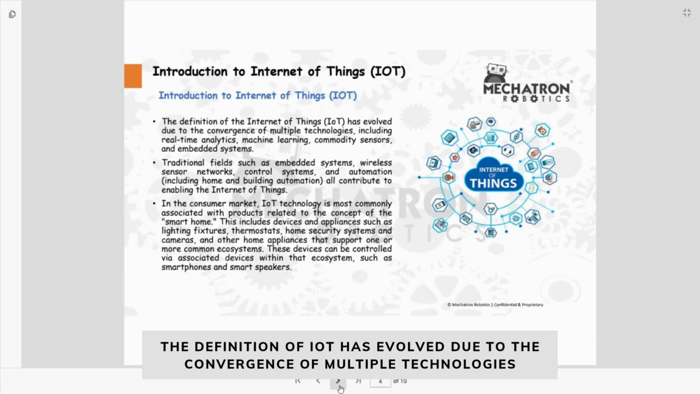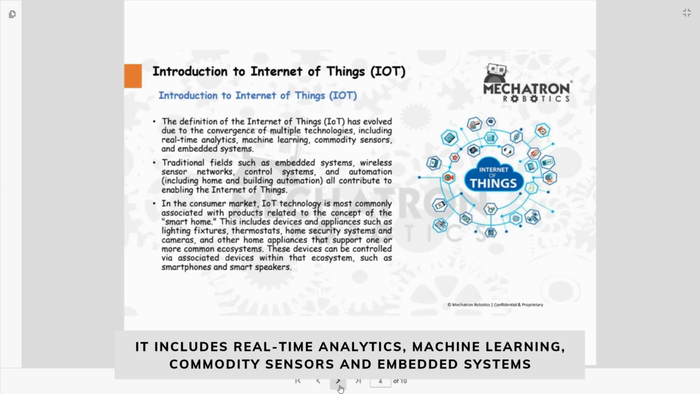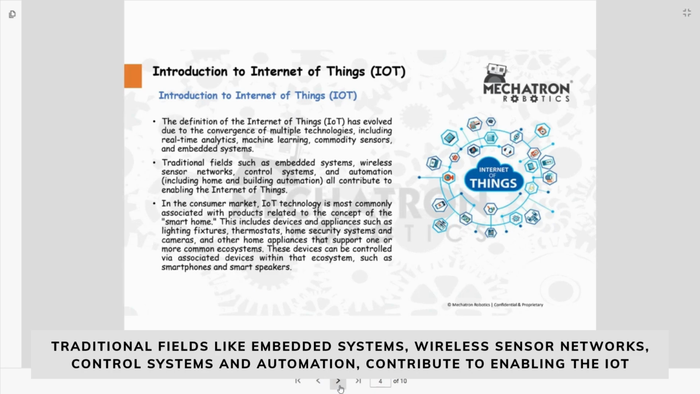The definition of Internet of Things has evolved due to the convergence of multiple technologies, including real time analytics, machine learning, commodity sensors, and embedded systems. Traditional fields such as embedded system, wireless sensor network, control system, and automation all contribute to enabling the Internet